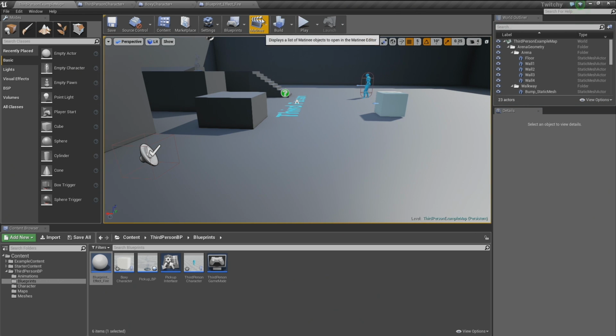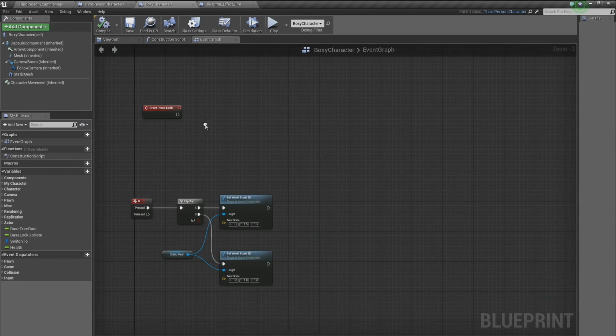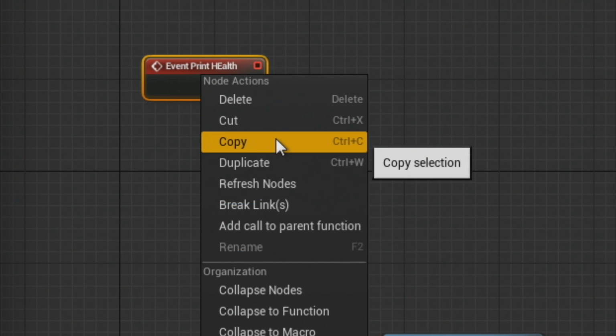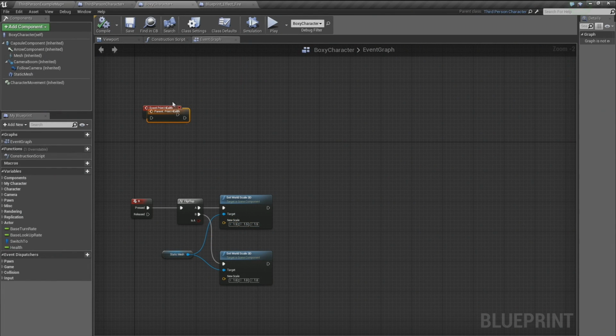Yeah, it might be worth showing how to actually call the parent function in there, since people sometimes have a hard time finding that in the child blueprint. If you right-click on the print health, you can add call to parent. Just right-click the node itself, and you see how it says call to parent function in the right-click menu halfway down. That really just says, I want it to do what the parent says plus whatever else, or do something, then also do what the parent says to do. So go ahead and click that, and you'll see we get this new node. And if we hook those up,